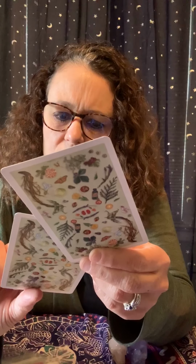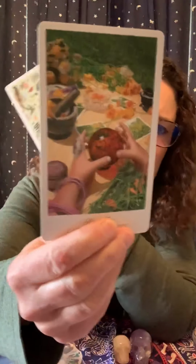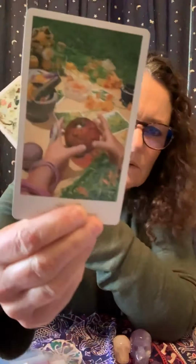Okay, let me take a look at these cards here. So when I was originally looking at the back, I was thinking that was a photograph, but it's not. It's a drawing, which is really lovely, actually. And so they're all, I don't know if they're drawings, paintings, or digitally enhanced, but not photographs. And so the images are really beautiful and complex. You can get a lot out of these images, but